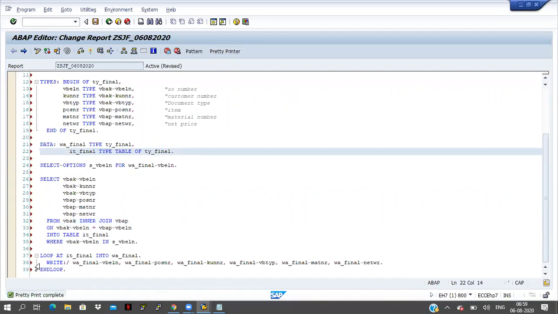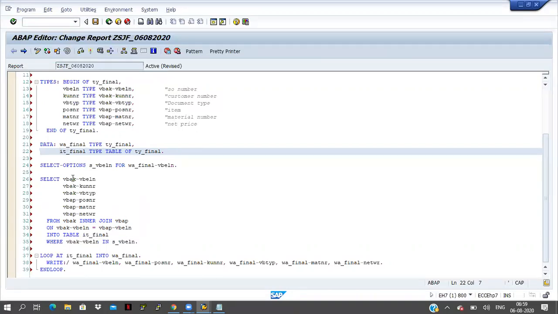So the end loop is coming starting from here, and IT final is changed to small letters, previously it was in capital letters. All keywords, whatever is in blue color, are changed into uppercase, and the remaining normal code comes in small letters.